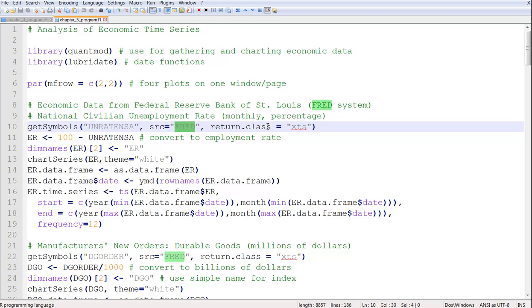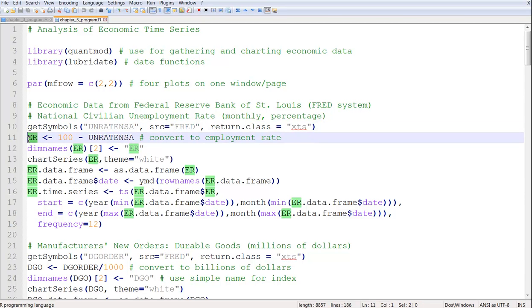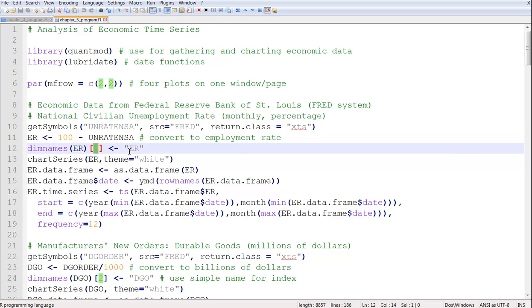I'm not sure what this means, but I forget right now, and we won't worry about that. You can look it up. Then he's going to create the employment rate variable, which is 100 minus this, which I guess is the unemployment rate. And then he's going to rename the second column as employment rate.